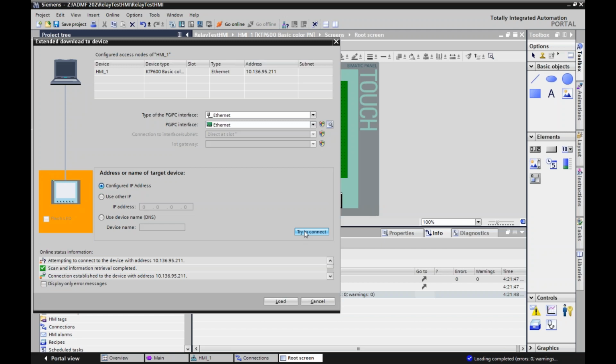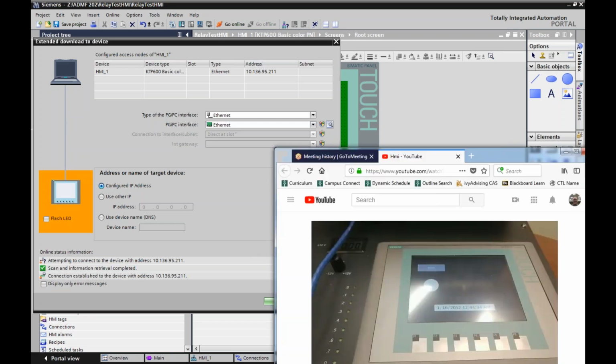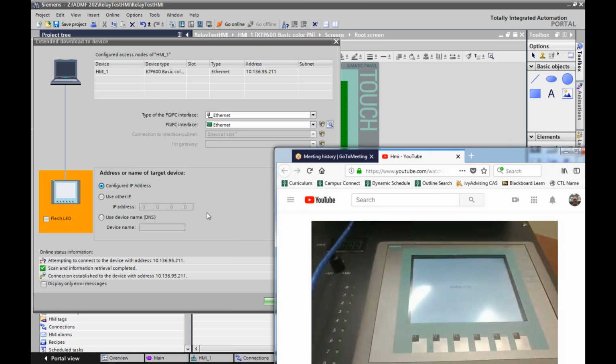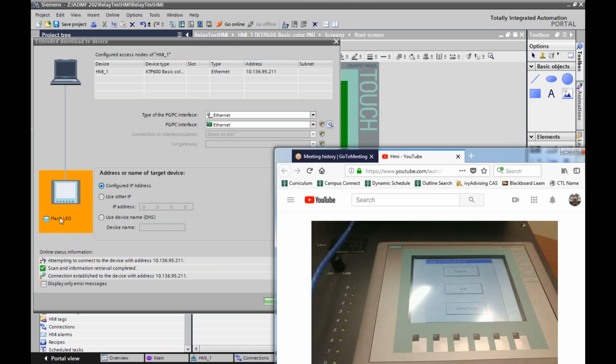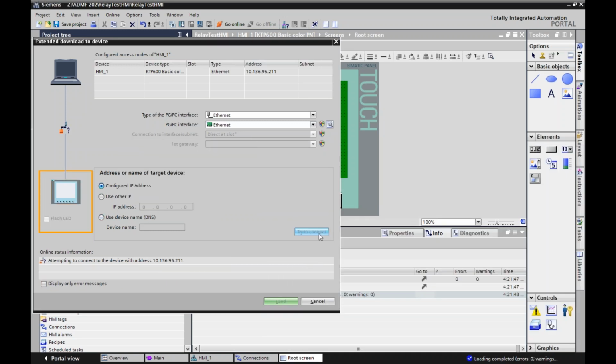Can't flash. So try to connect. Everything's hunky-dory. Now, if I hit my end runtime, it's shutting down. You'll see in a second. It's shutting down. If I hit flash LED or try to connect,